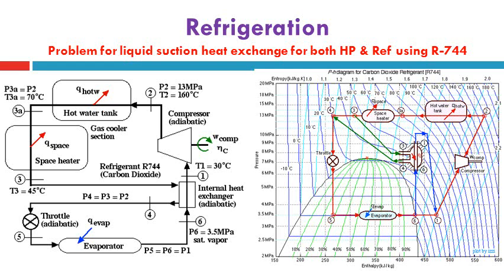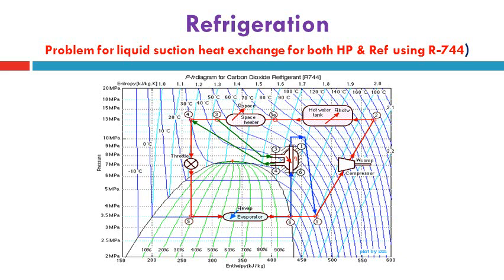In the next slide we will show an enlarged pH diagram for this problem. As can be seen here, this is a pH diagram which I have discussed in the previous slides, and finally we have got all the corners of the cycle and shown all the points, and we can estimate all the enthalpies according to the two pressure limits on which this cycle is working, taking into consideration the heat balance equation performed on the liquid suction heat exchanger in this